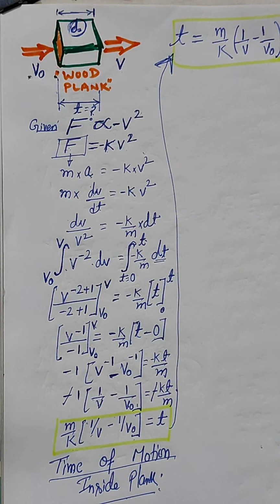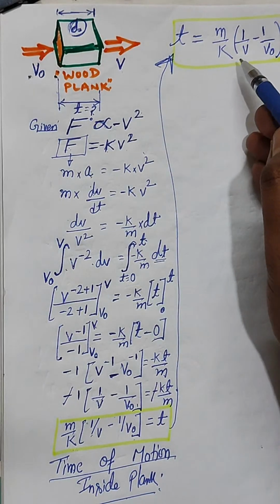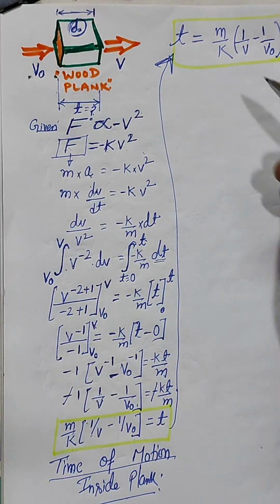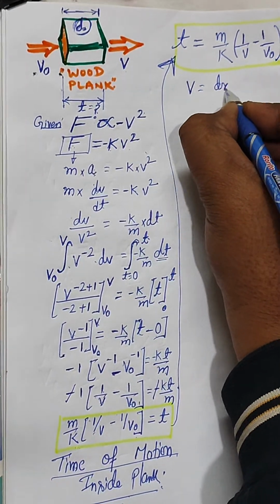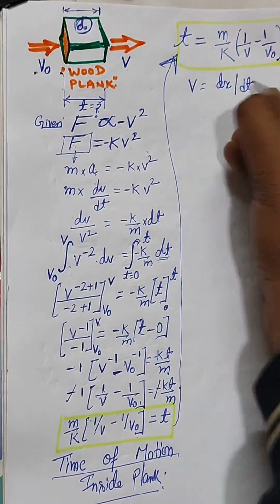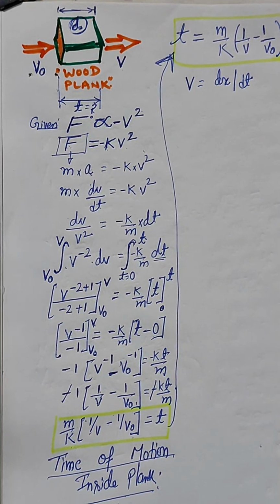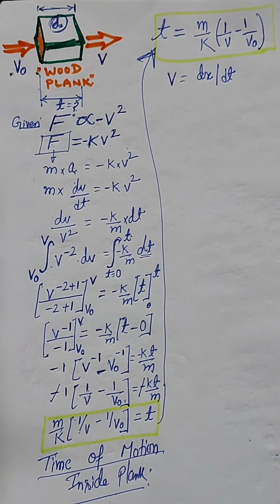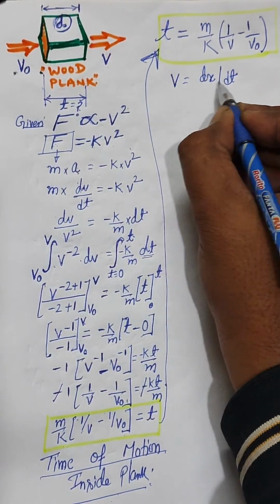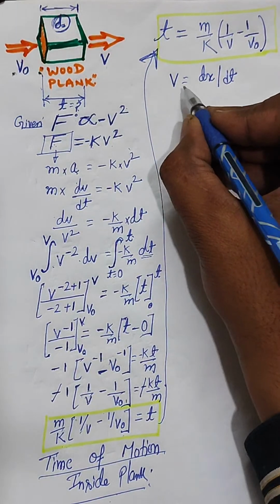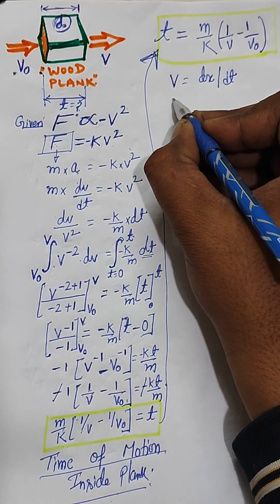We know we can change the velocity into its component of x, displacement by time, and you will get the component of d. So we know that v is equal to dx by dt, isn't it? If v is dx by dt, then this v can be written as,